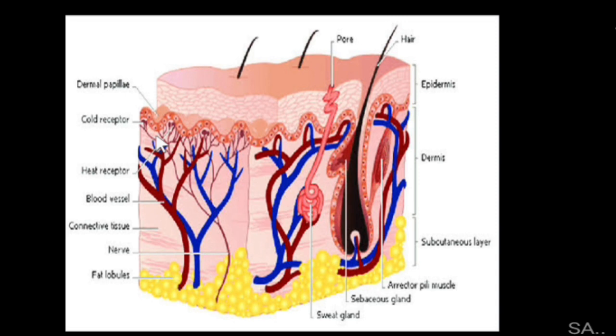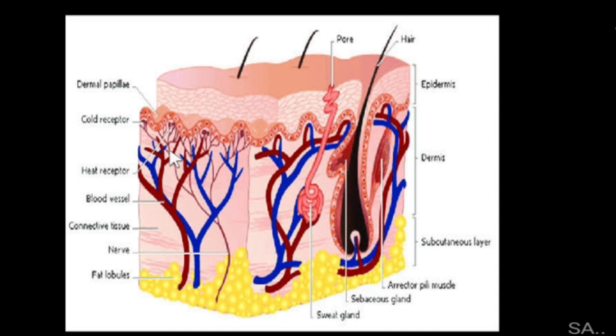In this skin diagram, there are 2 receptors mentioned, cold receptors and heat receptors. Cold receptors and heat receptors are thermoreceptors. They will detect the changes in temperature. Cold receptors are sensitive to low temperature, while heat receptors are sensitive to high temperature. Because of this, we can sense